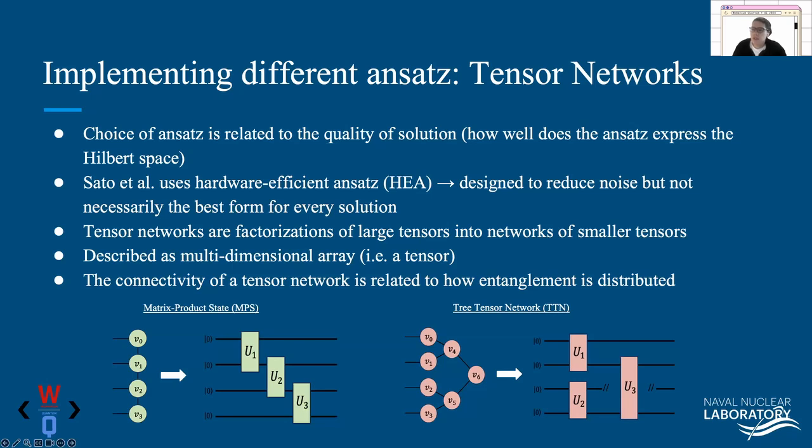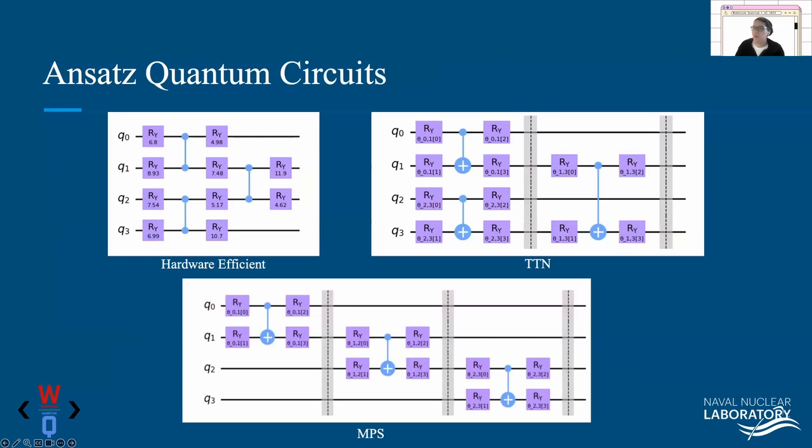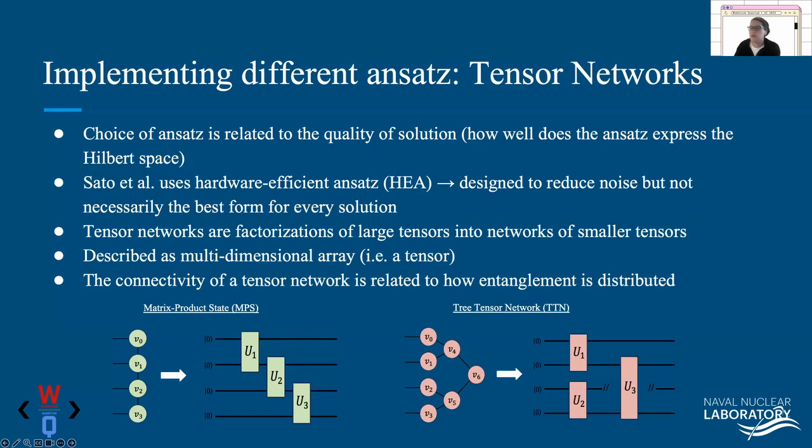So we wanted to look into using tensor networks as our ansatz, where we can play with the connectivity and entanglement of this problem. Two of the common architectures for tensor networks are the matrix product states and the tree tensor networks. So we looked into both of those. And as you can see on the bottom here,